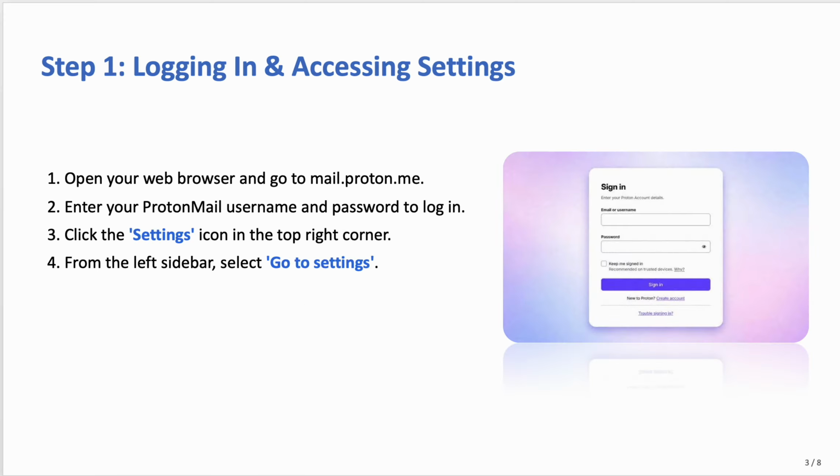So guys, first of all, log in and access the settings. Open your web browser and go to mail.proton.me. Enter your Proton username and password to log in. Click the settings icon in the top right corner from the left sidebar and select the option of